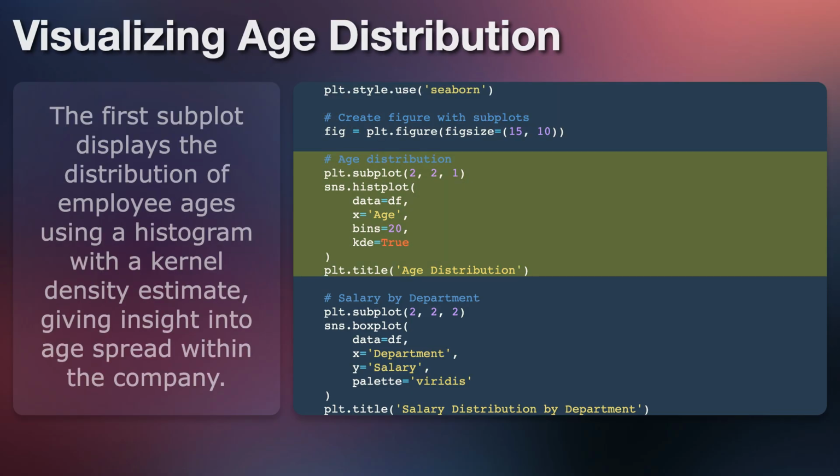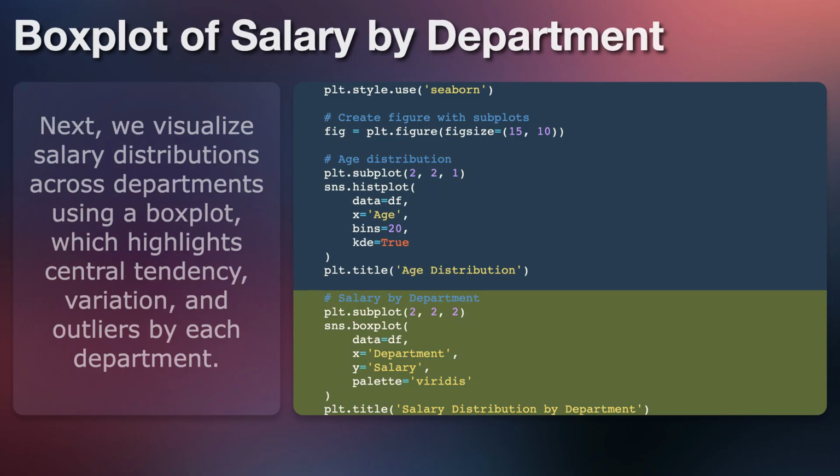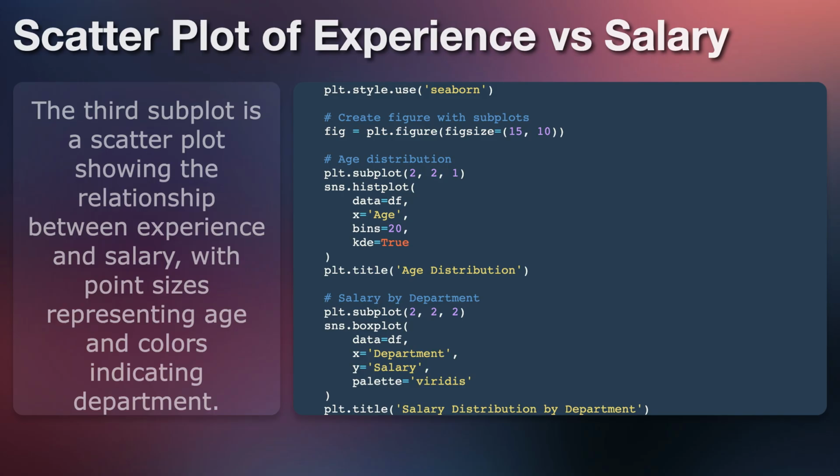The first subplot displays the distribution of employee ages using a histogram with a kernel density estimate, giving insight into age spread within the company. Next, we visualize salary distributions across departments using a box plot, which highlights central tendency, variation, and outliers by each department. The third subplot is a scatter plot showing the relationship between experience and salary, with point sizes representing age